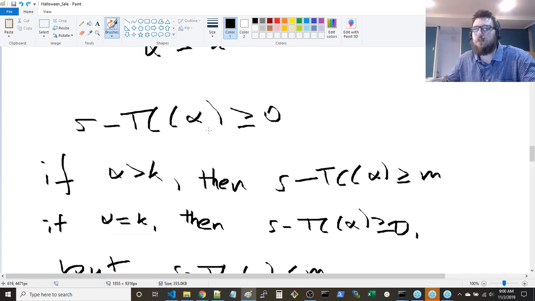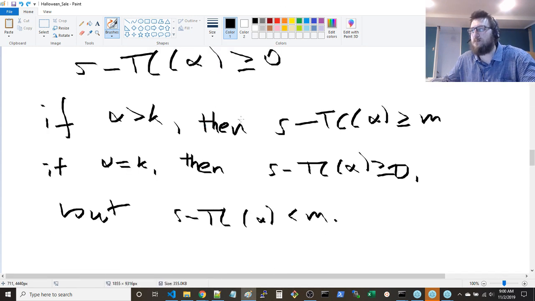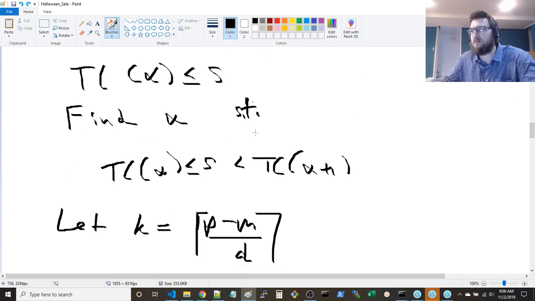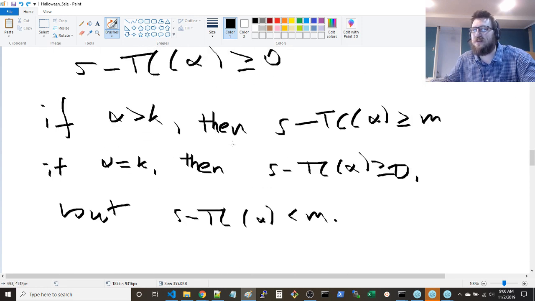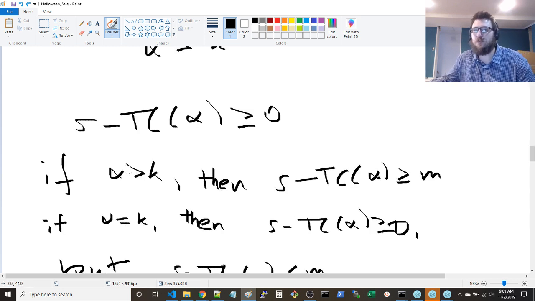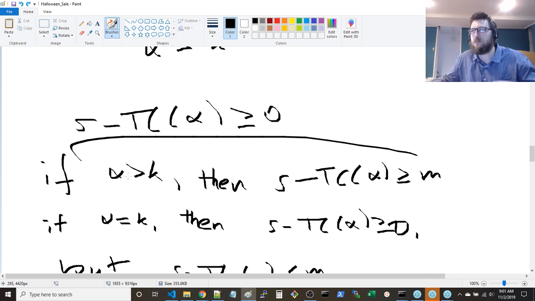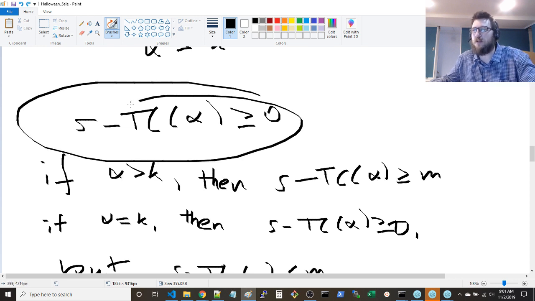By the way, this is something I probably should be able to do a lot faster, but for whatever reason, I'm going really slow here, really slow going through the maths. But yeah, this seems to be the way to do it. You can use some logic to say, okay, if alpha is greater than k, you have this implication, and we know that